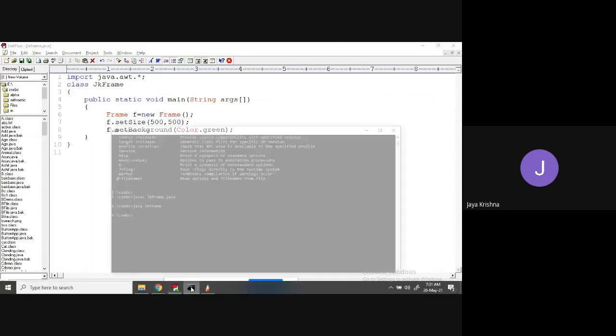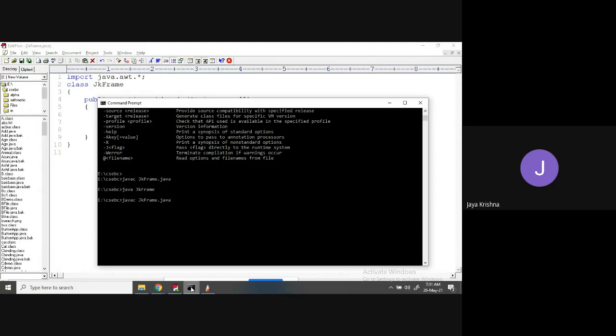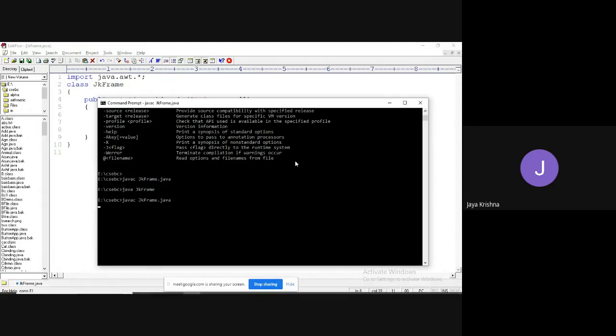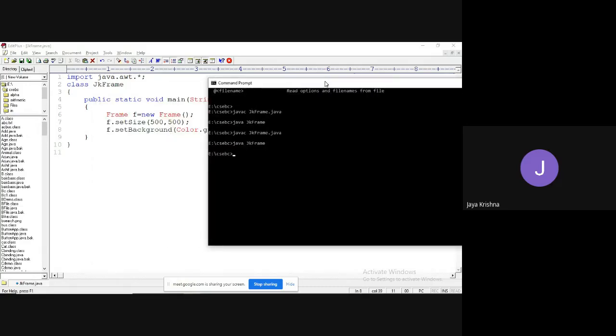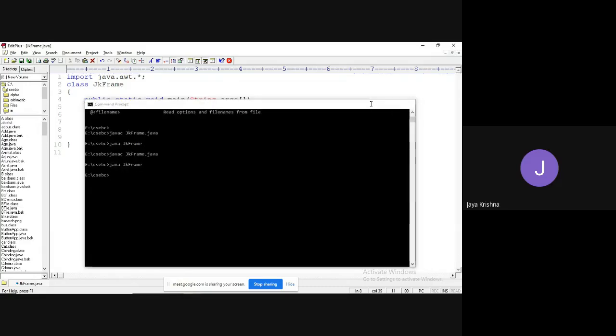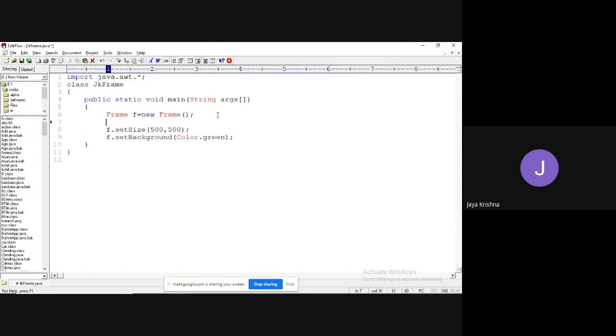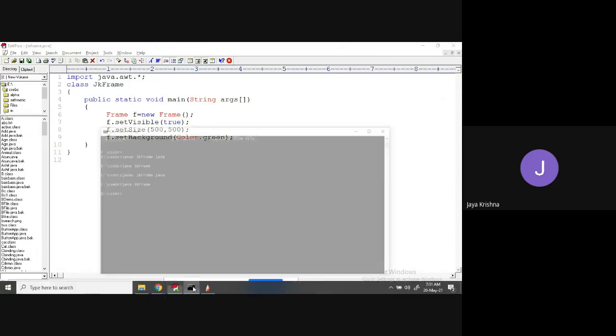Observe guys, now I will try to run. Now also it won't be visible. So to make it visible, you have to use the setVisible method, to which I need to pass a boolean value.